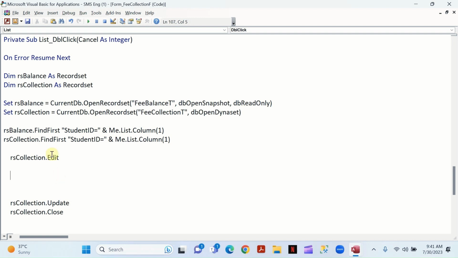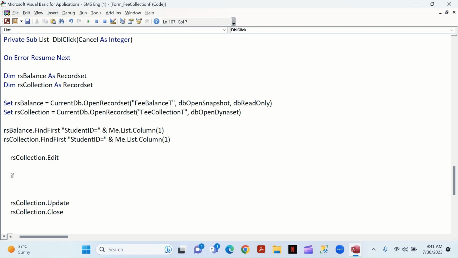So what I'm saying is rs balance, rs collection, right? We found in both. Now what we do is we say if we found any record,